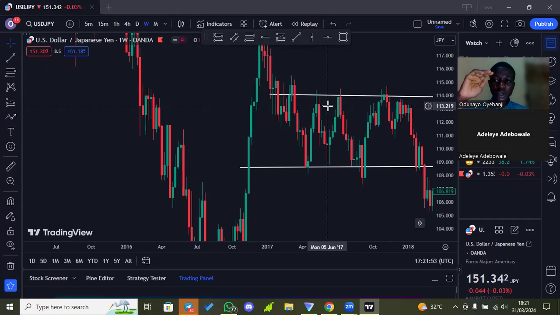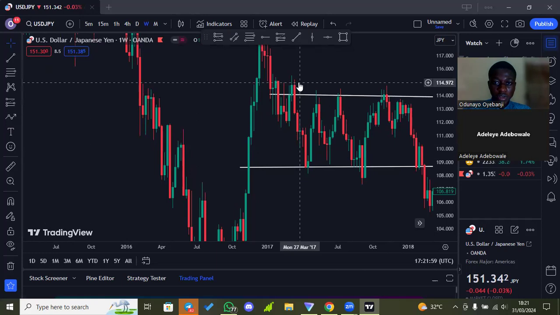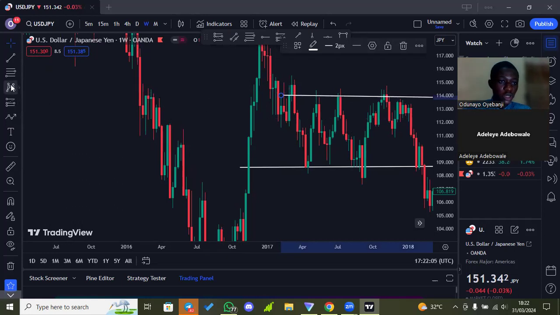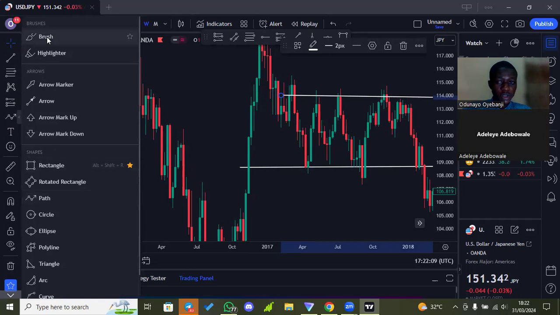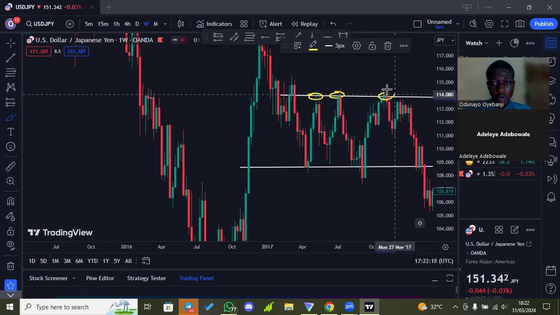Okay, now it's bounded by an upper point and a lower point. So now let's check it out. When I say bounded by an upper and a lower point, I'm going to show you the characteristics starting from this point. So let's take this point. 1, 2, 3. Let's take this point also. 1, 2,